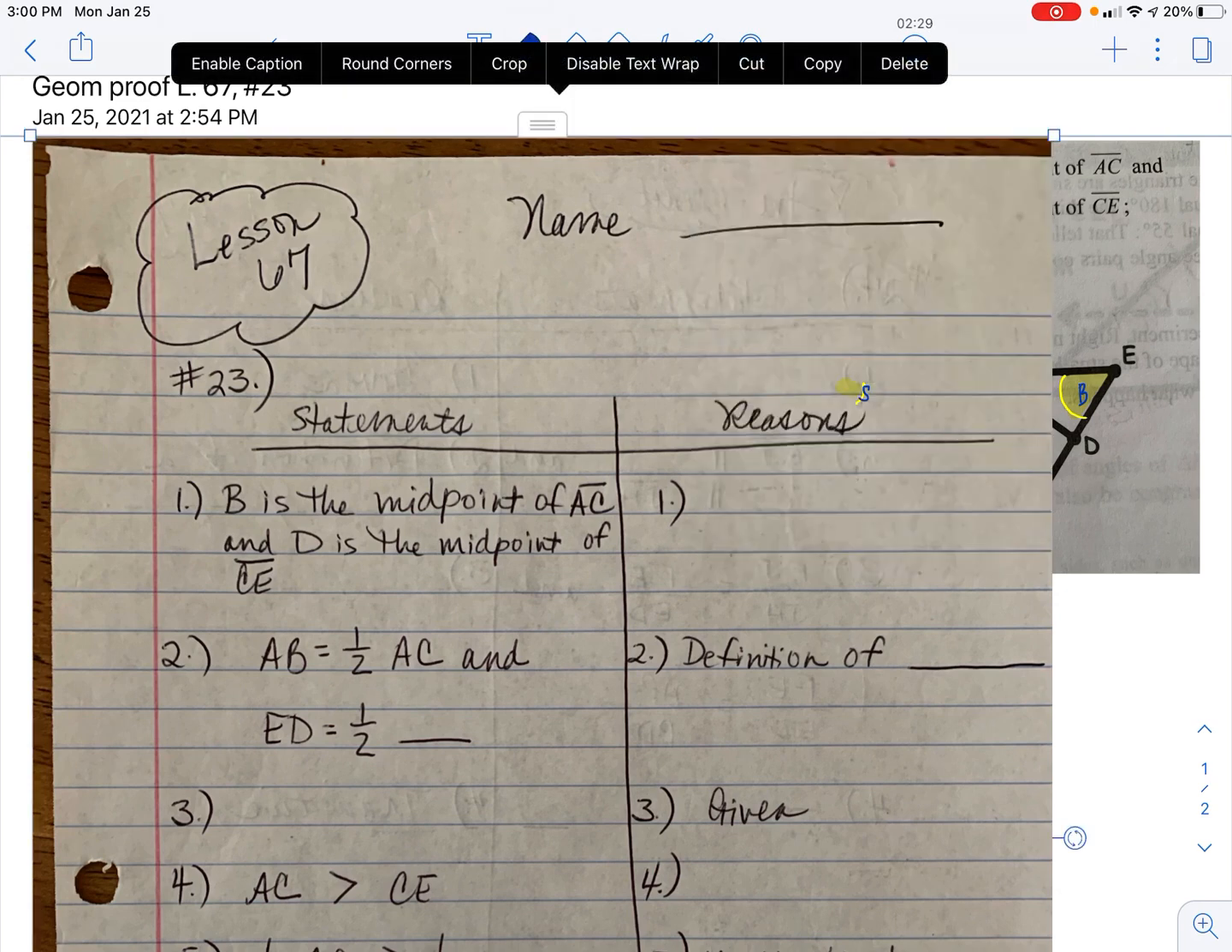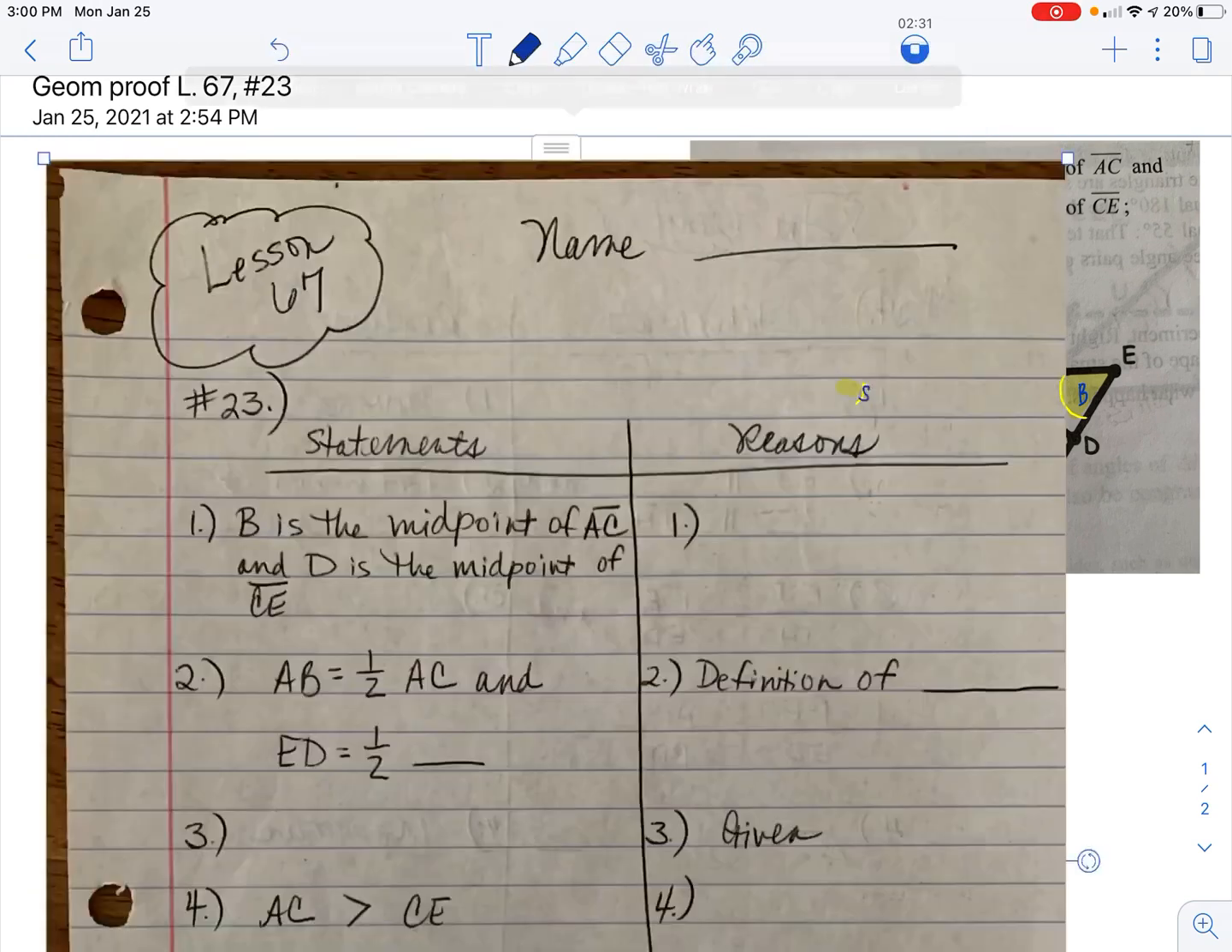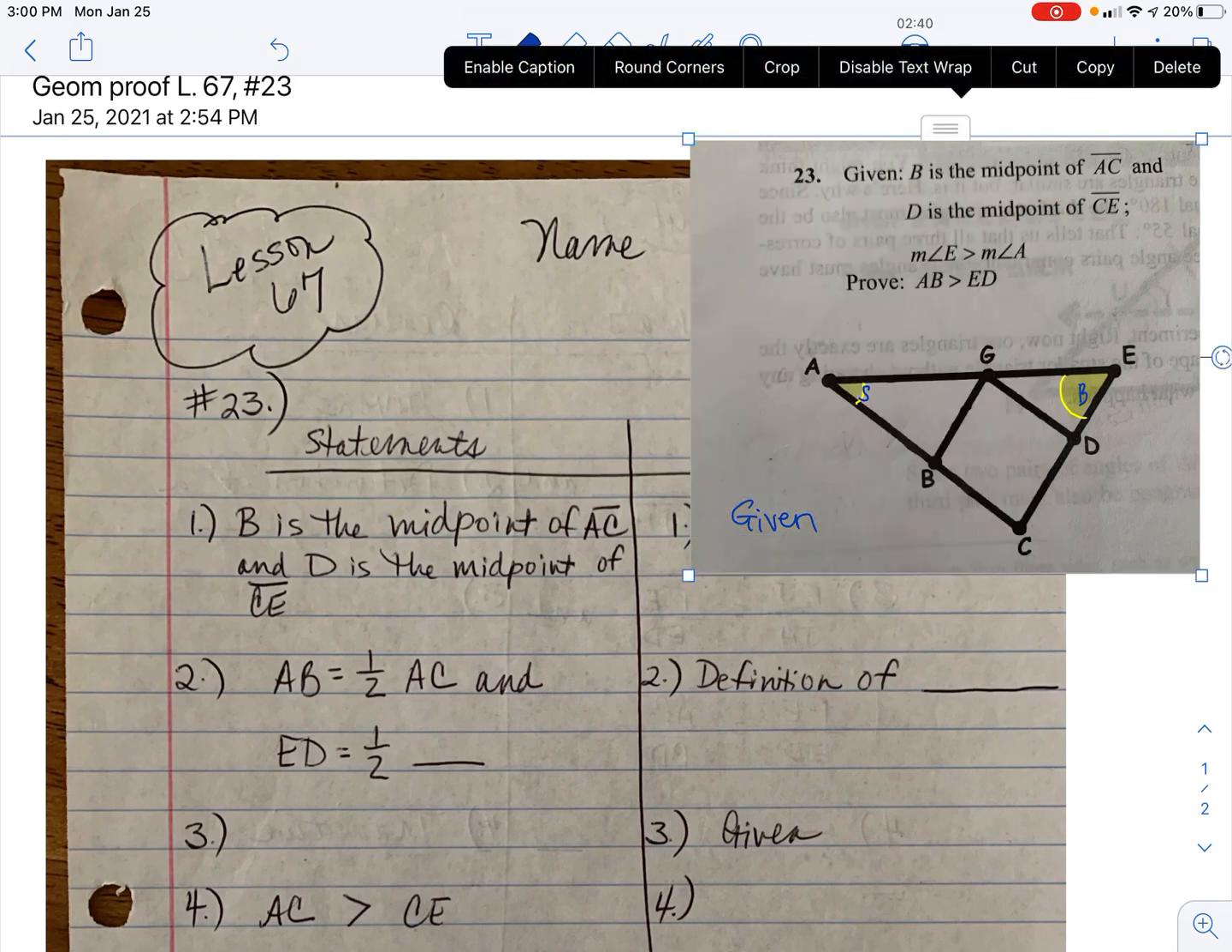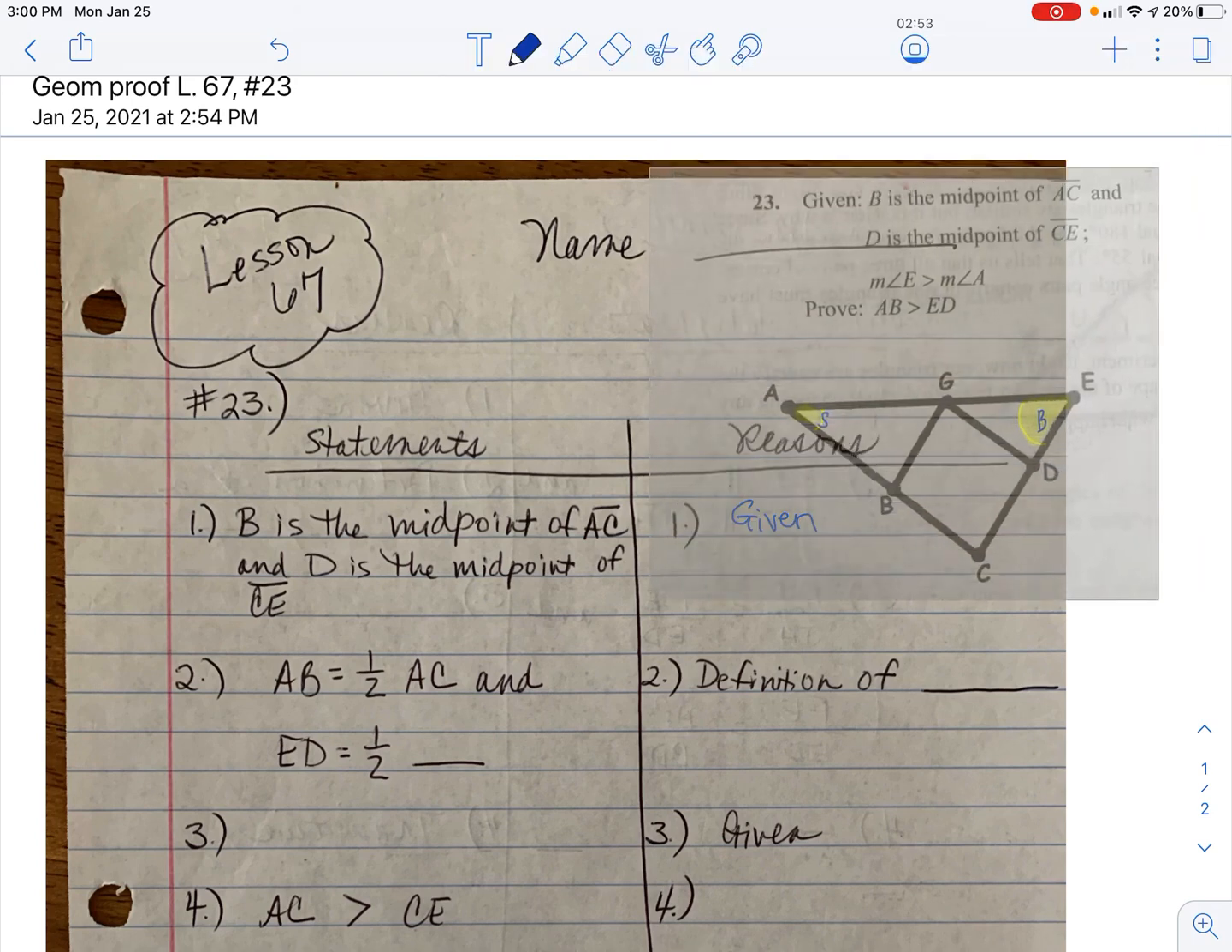So step one, B is the midpoint of AC, and D is the midpoint of CE. That is simply given information. So we'll write that in there. Also, that midpoint created, remember how I said that the midpoint, and you know this, is dividing that line segment AC in half. That midpoint B is right here,